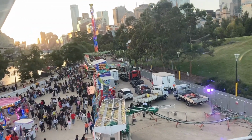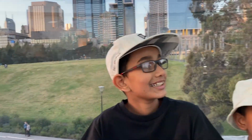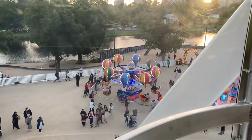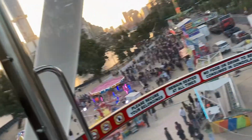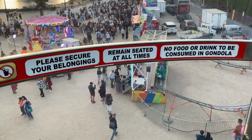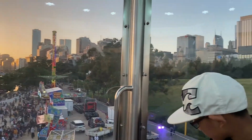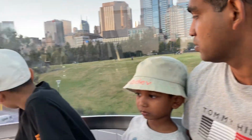And here we are going to the top, and here's all the rides. There's the Croc roller coaster, zip line, which is not in the fair, sadly. Balloon wheel thing, mini cup merry-go-round. And as we went higher, it became darker, and when we got